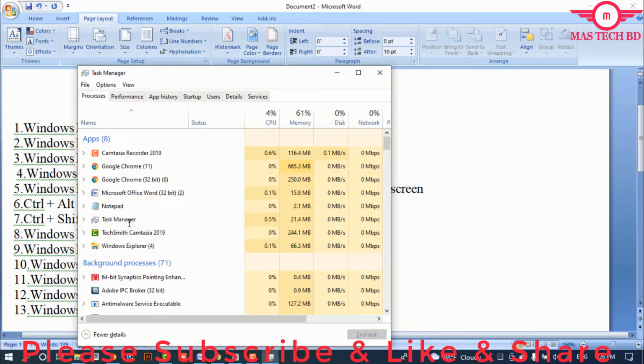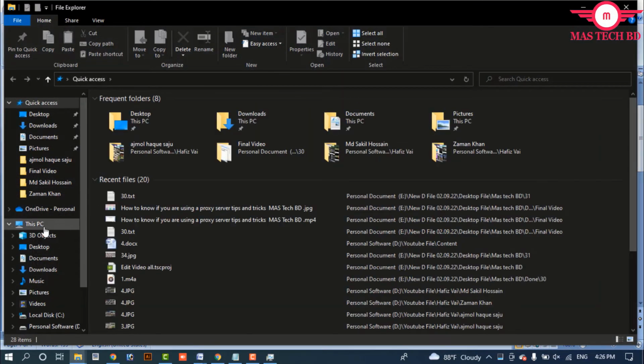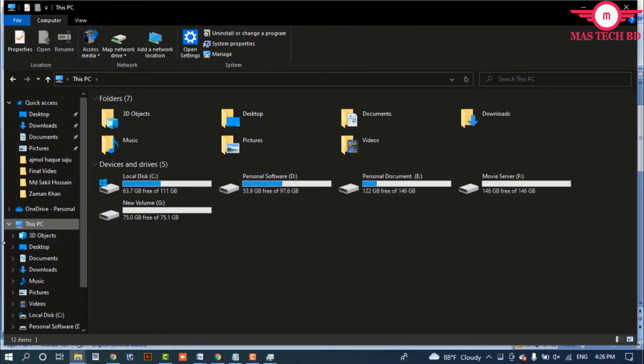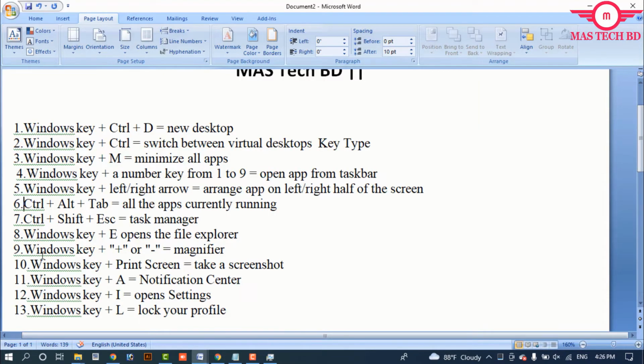Then function number 8: Windows plus E automatically opens the file manager. This is the option. Then function number 9: Windows plus